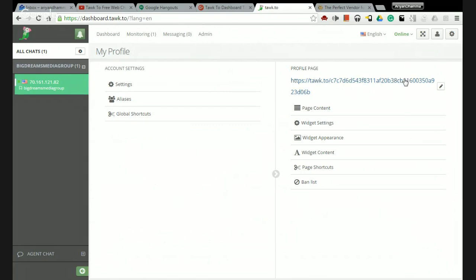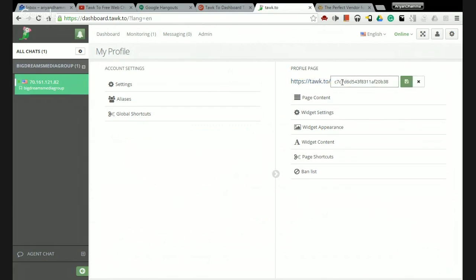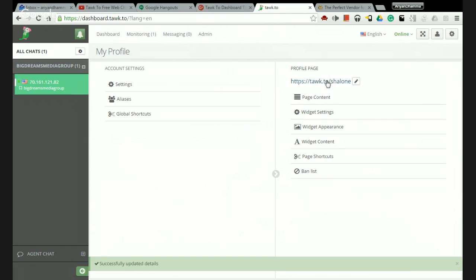Next, you have a Talk To profile page, and I can change this, for example, from these weird numbers to my name. And you save it if your name's available, and there it is, Talk To /Shalom. So if I'm somewhere, I could basically link someone, and this is what I would suggest if you are going back and forth with someone on email. I would suggest sending them an email or a text message saying, hey, go to my link, go to Talk To